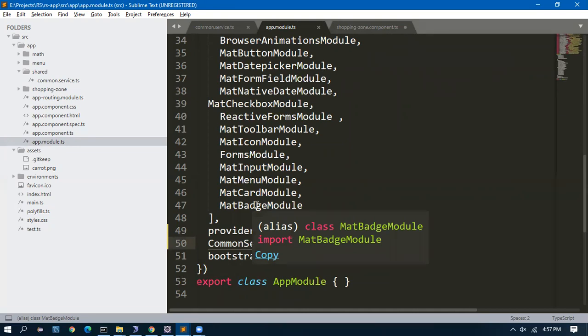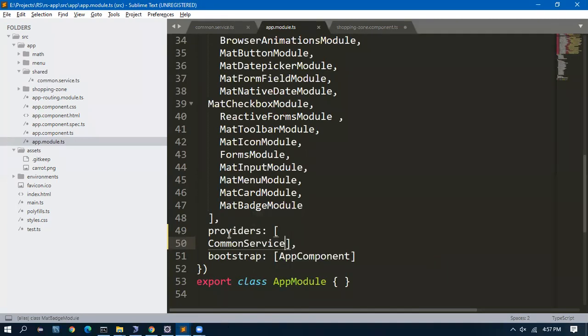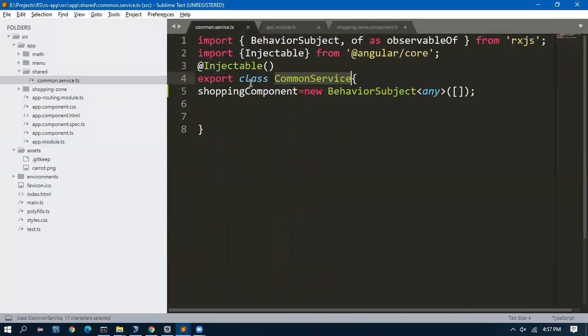Components will have a HTML, CSS, and a TS file. Modules are like a package which is combining all the components. The third concept you are studying is service. Service is like a helper class, which is used for all the backend operations, like calling an API, retrieving the data, passing data. Those are called service classes.